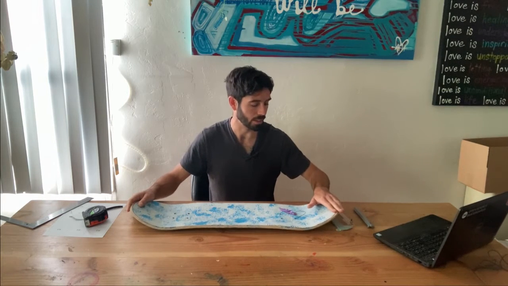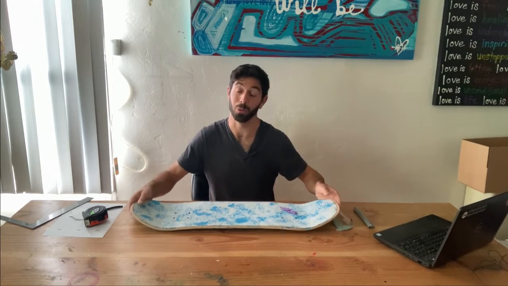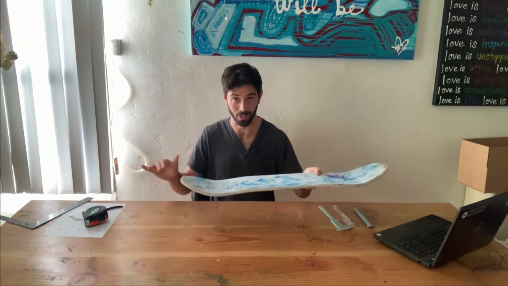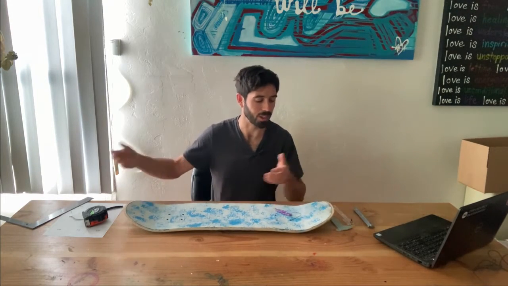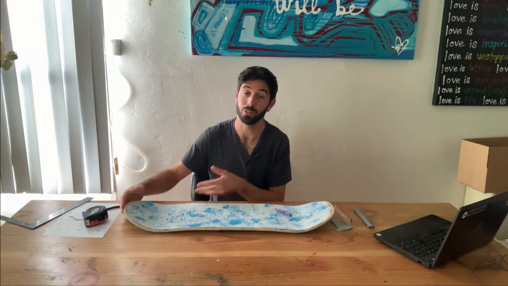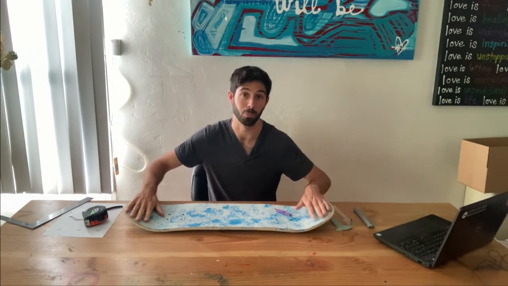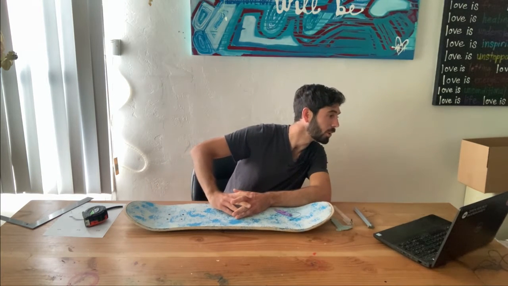Also, when you have a mellower angle, which is the result of a longer nose or tail length, it's also nice to have a slightly longer length if you're doing nose and tail slides. It's nice to have a good foot placement and not be falling off the board. Okay, nose and tail length are covered. Let's go on to